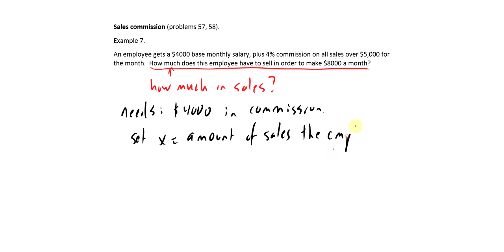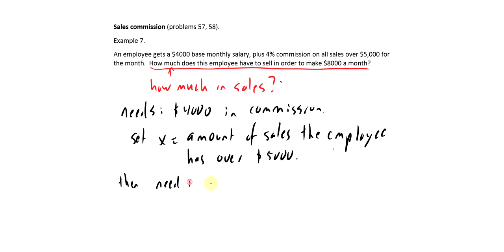Well, we'll say X, which is an unknown thing, right? How much in sales? The amount of sales the employee has over $5,000. So this is the amount of sales that the employee gets commission on, right? So it's the amount over $5,000. Then